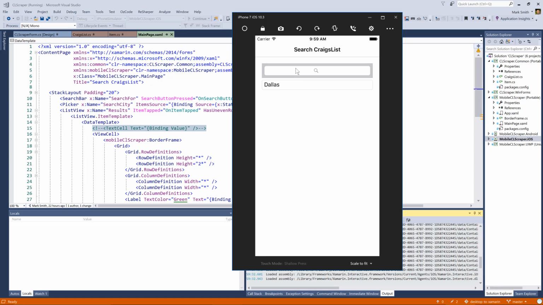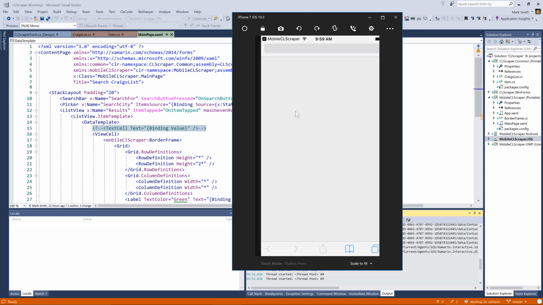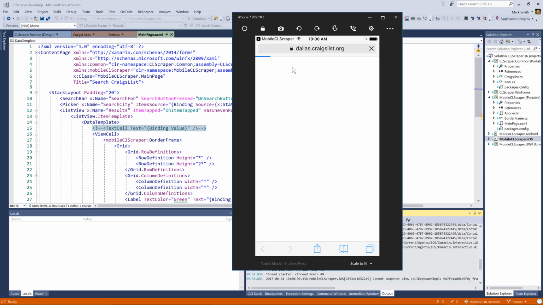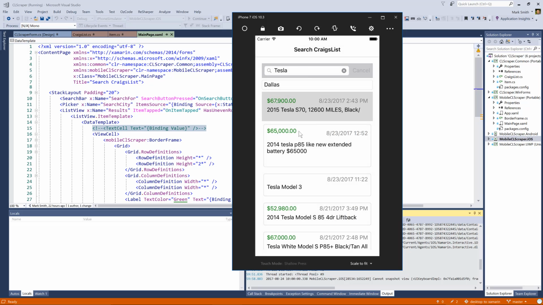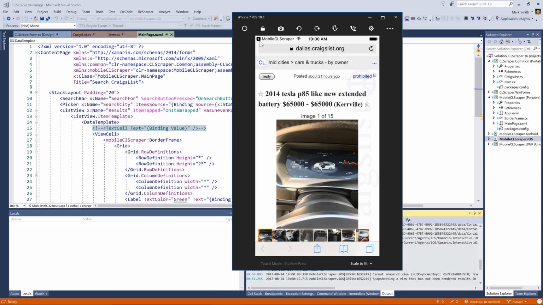And then let's go ahead and type in our Tesla. And then you can see that I get all my Tesla information here, and I can pick one, tap on it, and it opens up the web browser just like we saw on Android. Although interestingly enough, it's not displaying the, oh, there it goes, Dallas Craigslist. So here's one for 65,000. Go back,